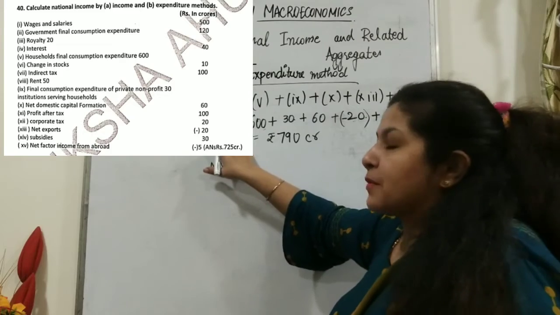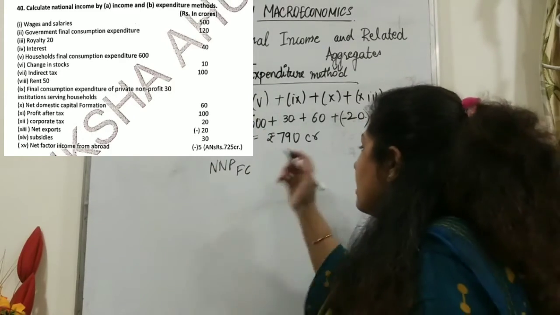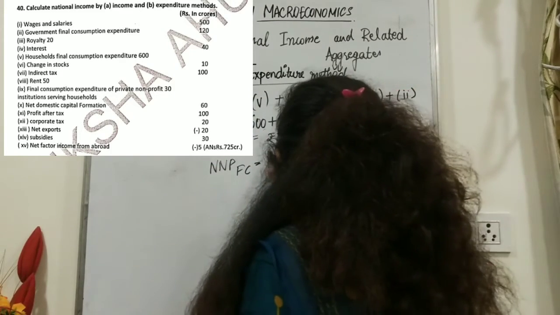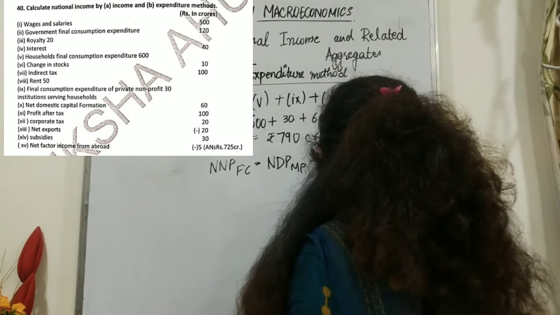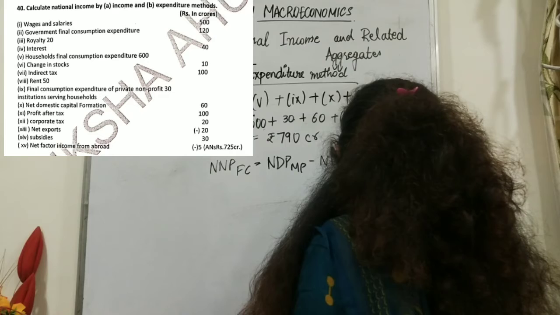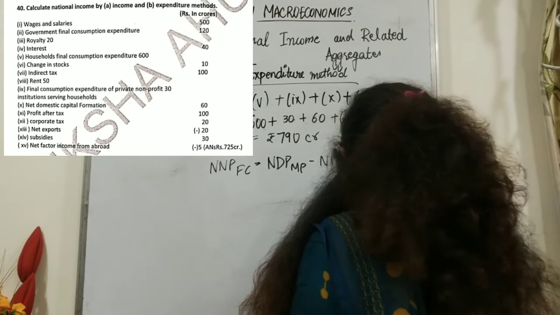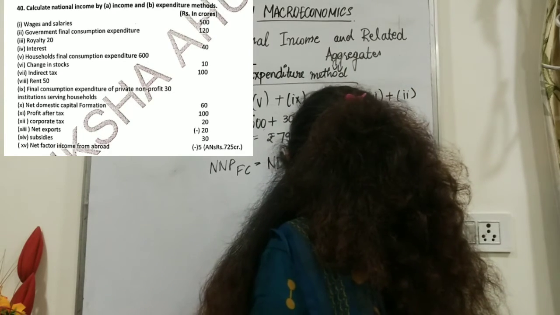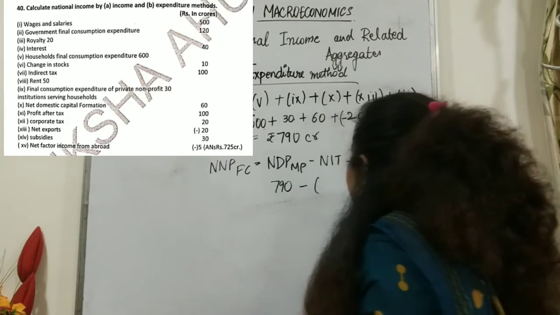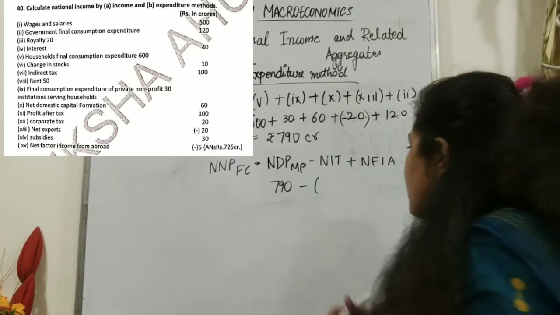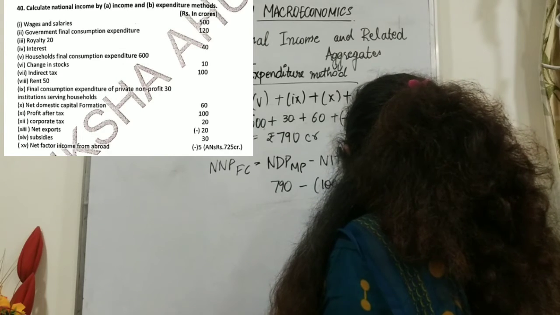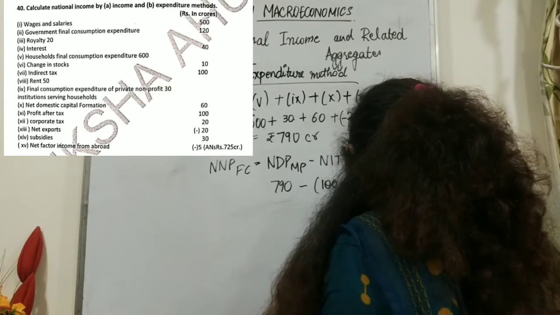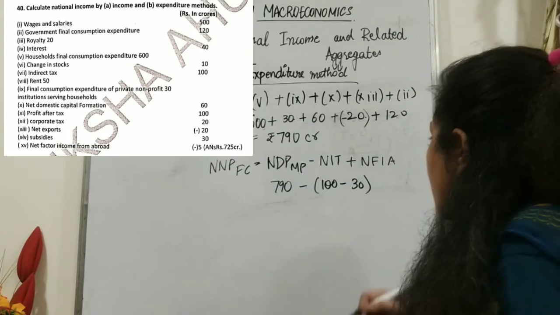Right, net domestic product at market price is given. But I want NNP FC. So NDP MP minus NIT plus NFI. Let's solve for this. 790 minus, so indirect taxes is how much given? Just see, it is given 100. Then after that, minus 30 is given subsidies. Just have a look. Plus